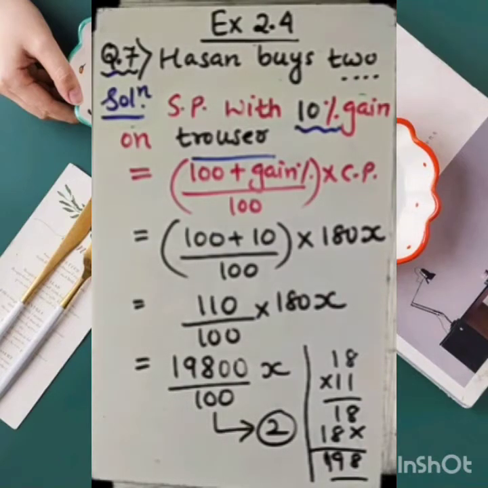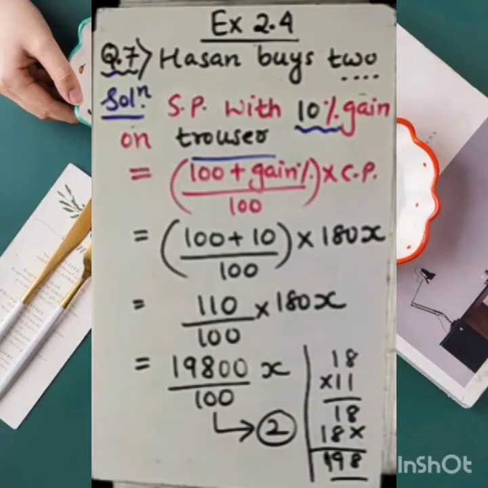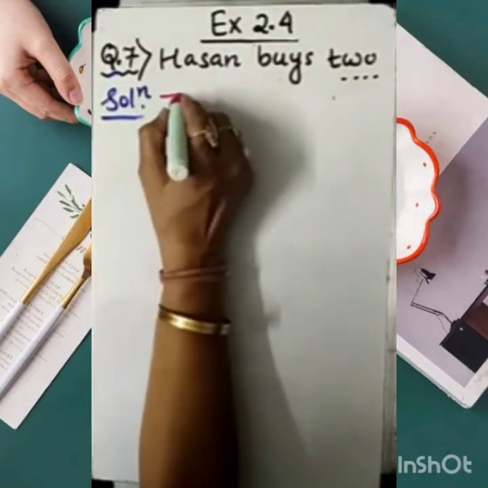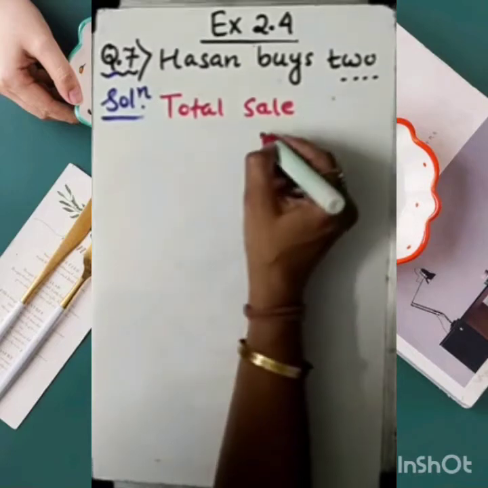Now in the next step we are going to add the selling price of shirt and selling price of trouser. That is the sum of that, we are given how much total amount we need to pay, 36,600 is his total sale. Okay, so let's work upon that now. So dear student, in the next step we are given the total sale. Okay, what is the amount for the total sale? So let's work upon that.